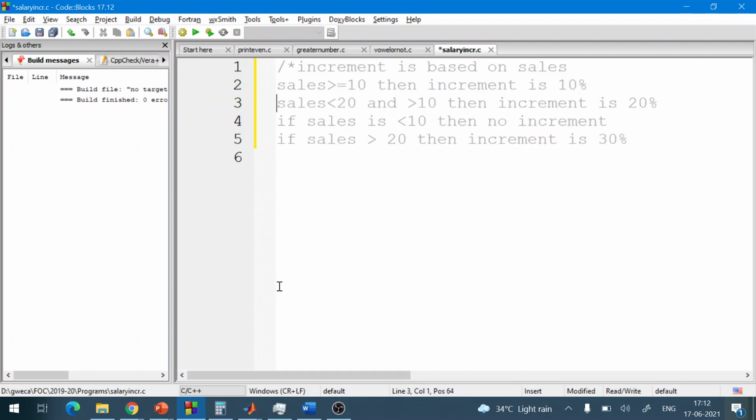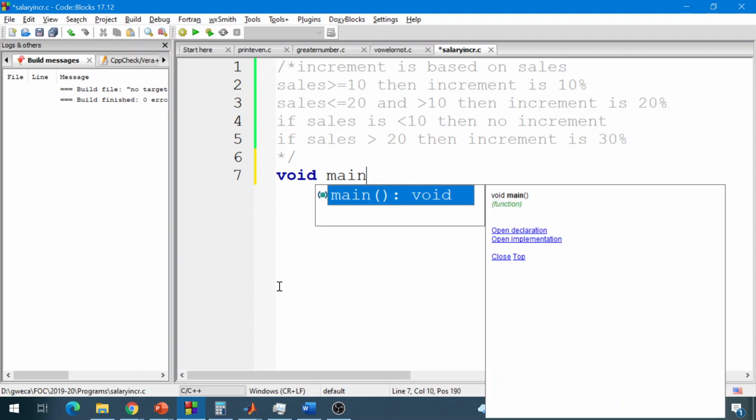Okay, fine. So these are the conditions that we want to implement. Okay, so we will close the multi-line comment. Now let us make a program for it.